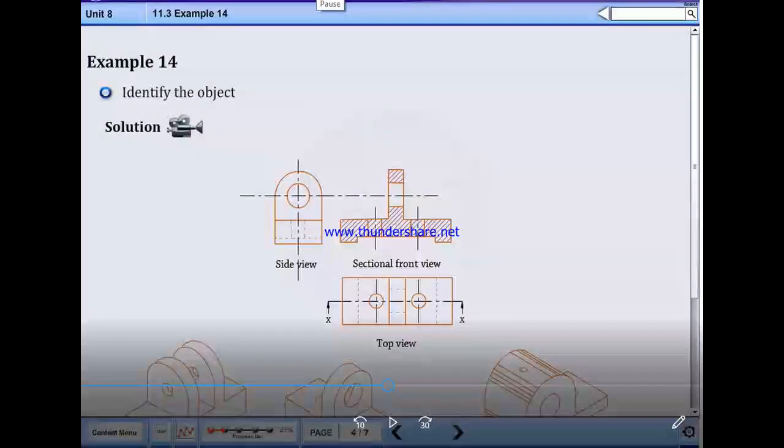In example 14, identify the object. That is, the object is given by its side view, sectional front view, and top view, so you have to identify the following.